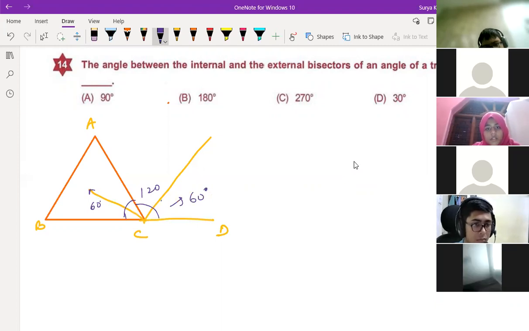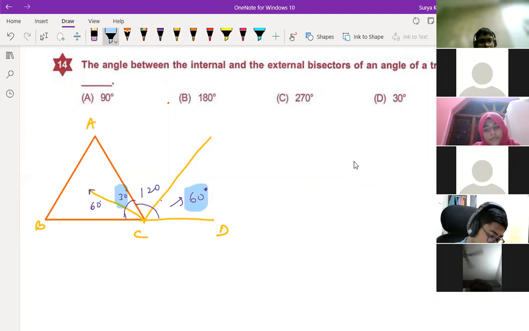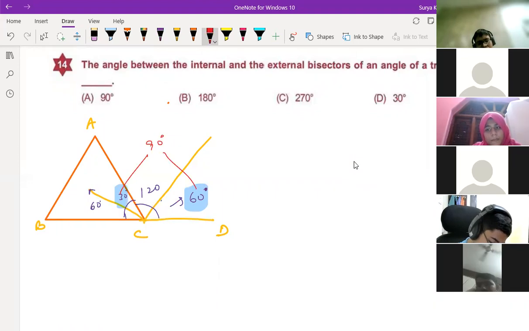And 30 will be like this. The 60 plus 30 is what? 90. You take this one and this one. The bisector, the 60 plus 30 is 90. Is it clear, children? This is a very easy method. If you take any angle, children, you'll get the same answer, 90, as it is. If you take 100 also, 50-50 will come. The inside will be more, right? There will be 40-40. The 60 plus 40 will be 100. That's it. Any doubt?